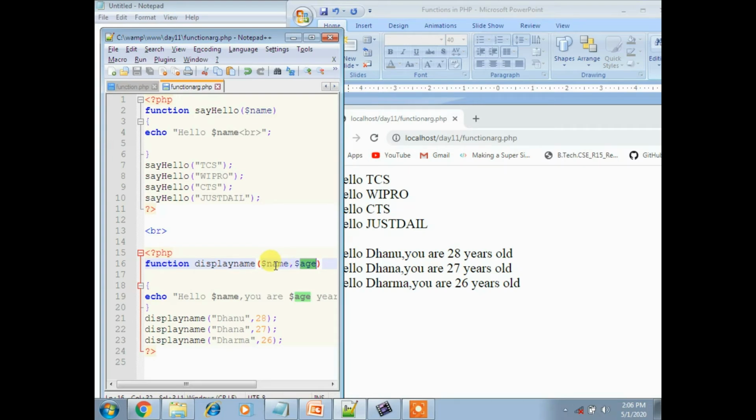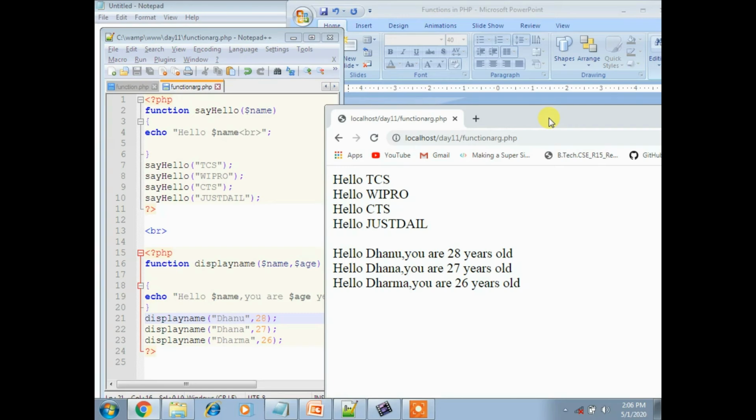For printing the values I used echo statements, like normal variable printing. By calling the function, I am passing the value externally. If you pass a name, it matches and prints the first record, then continues with the second, third record, like that. I think this concept is understood, right?